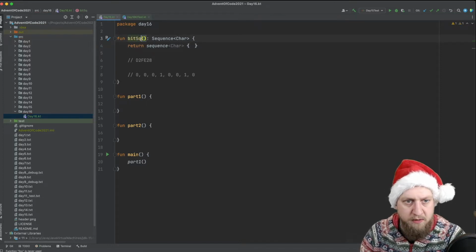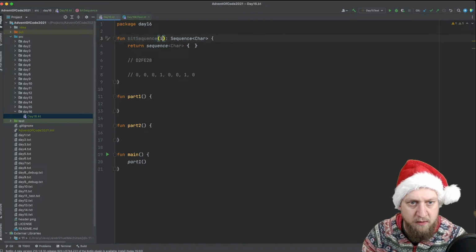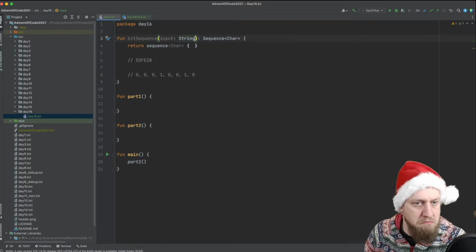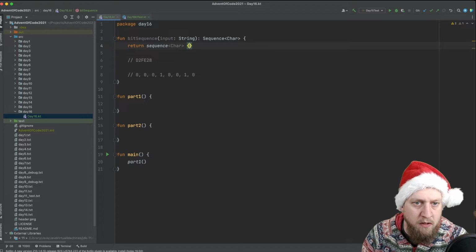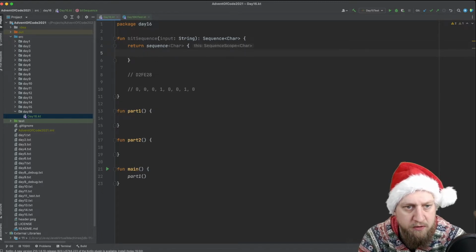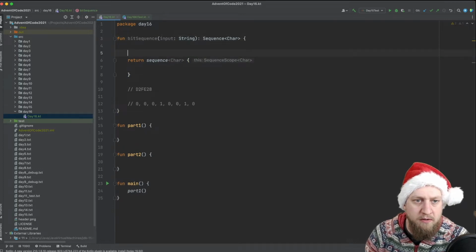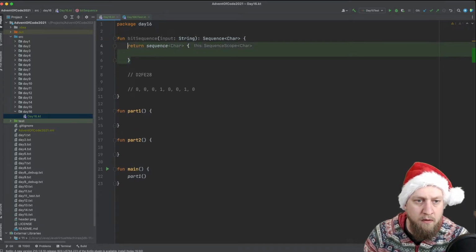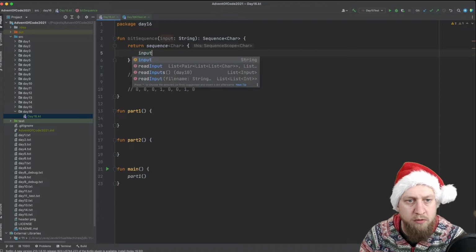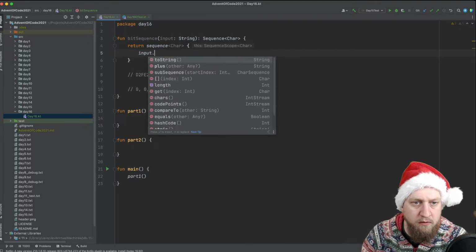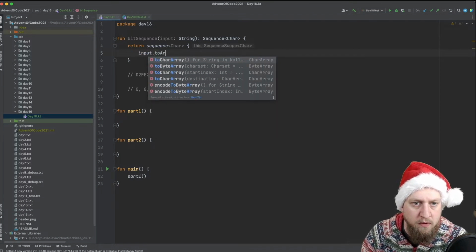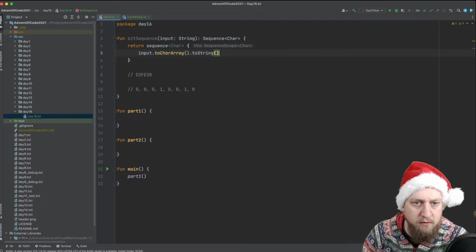And we call this bit sequence. And what do we need to do? We need to just loop over our string. So input, for each, and for each character